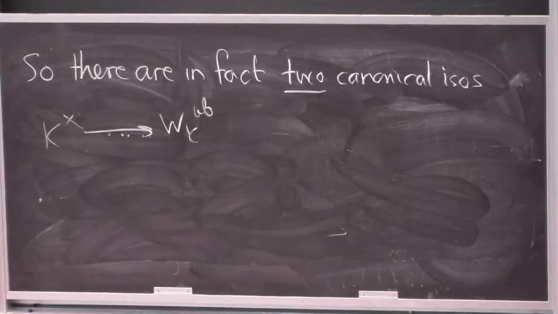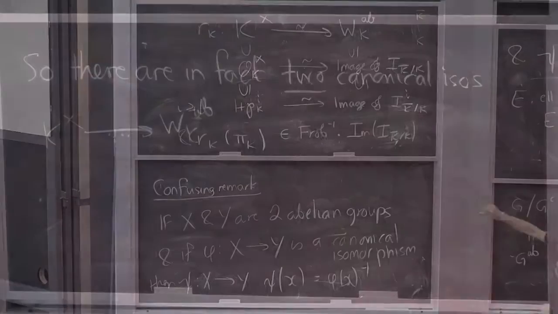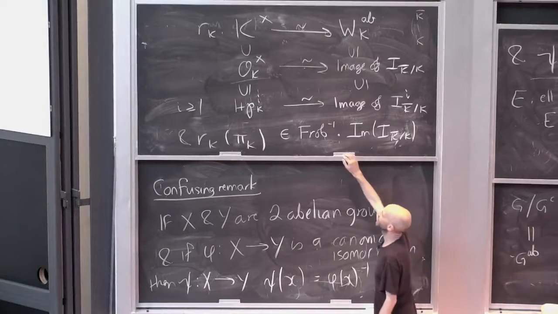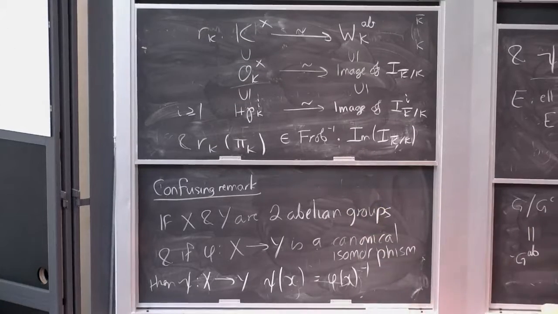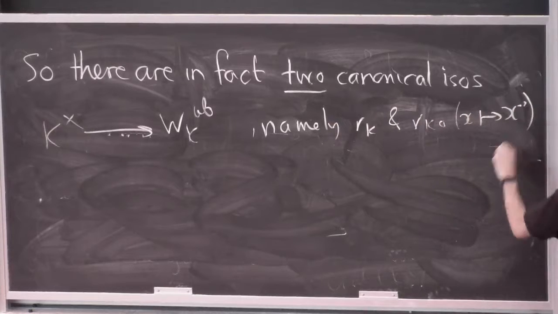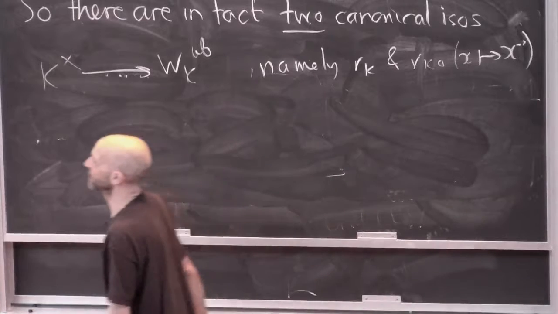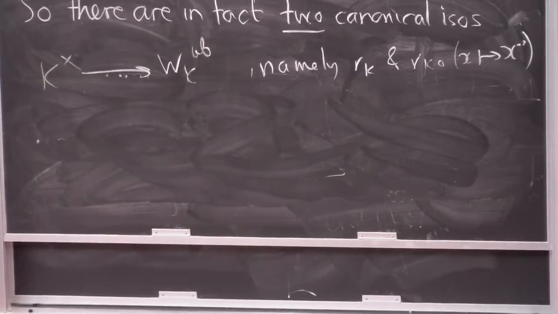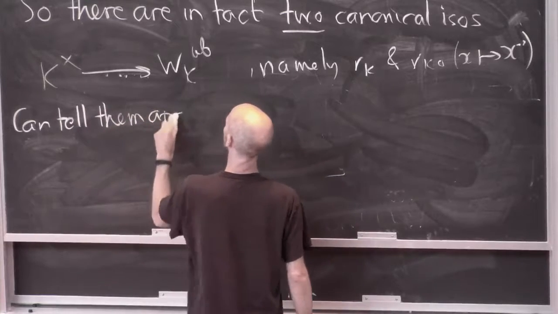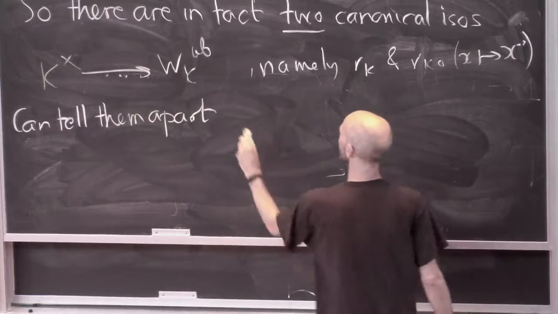Okay, and these first properties here, and I'm going to write down loads of other properties of RK in a minute, but I've started waffling on about this confusing remark. All the other properties I write down, you will be able to observe that if you all looked away and I replaced RK by its inverse, then all the properties I'm about to write down would still remain true. But this is the only one that actually tells you which one I'm talking about. Okay, there are two canonical isomorphisms, namely RK and RK composed with x goes to x inverse, right? So the way you tell between them is you say what happens to a uniformizer and a Frobenius, right? So we can tell them apart by this last condition here, right? The one we will use